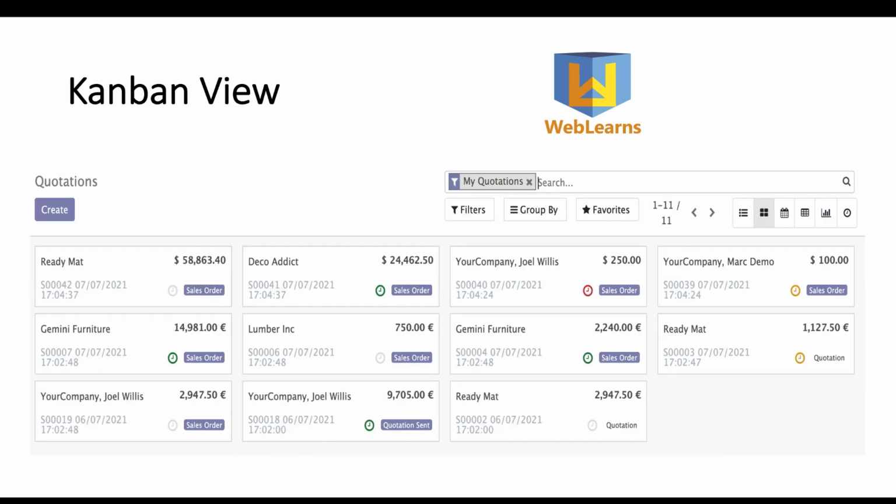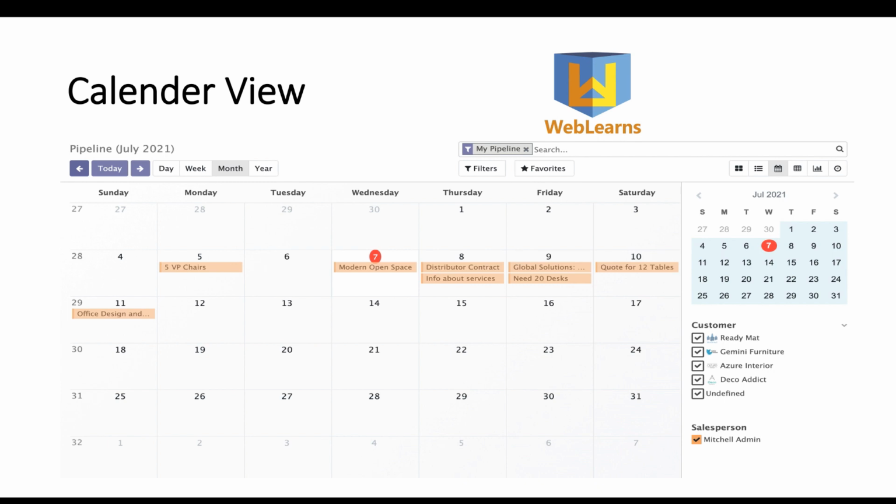Next is the Kanban view. For example, if you want to display your records at card level like this, you can use the Kanban view. You can also group by a specific state. You can add a progress bar here too, and implement drag and drop functionality to change the status. We will see this in the further discussion. The next view is the calendar view. Here you can create a calendar view like this, and it depends on your model. We will see the real test case.